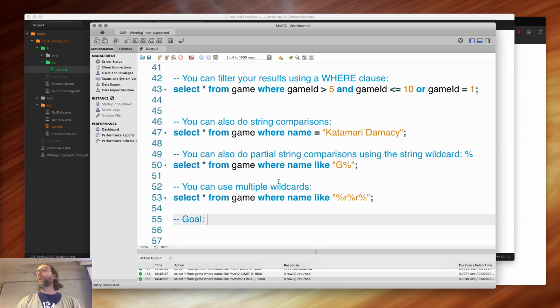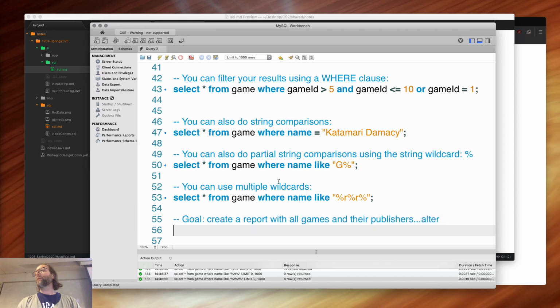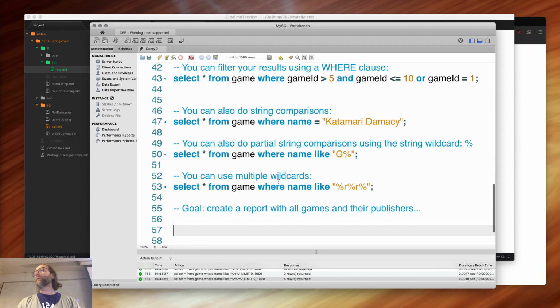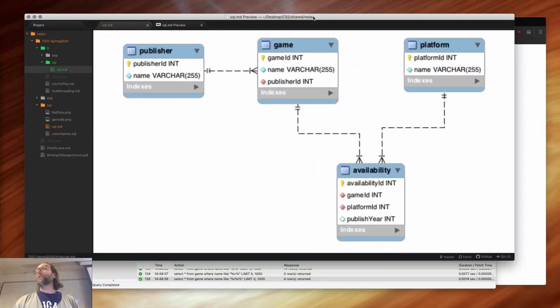All right, well now I want a report. Goal. Create a report with all games and their publishers. All right. Well, if I want a game and their publishers, I've got two different tables. What do I need to do? I want to take this table and I want to take this table and I want to shove them together because I want results from both of them. I want to join them